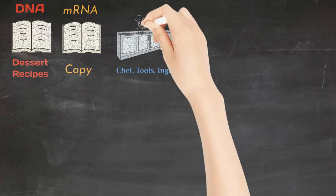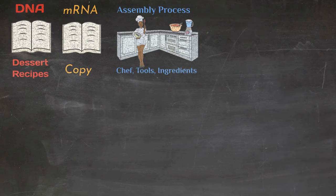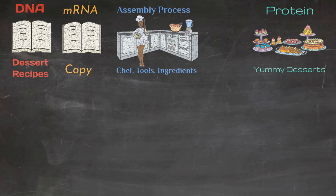So, of course, the cooks get right to work creating their delicious sweets. This is the assembly process and represents a cell working to make chemicals like proteins that the human needs to survive, so that finally we have a finished product. In this case, the desserts represent a protein. At the end of the day, the copy, or the mRNA, is thrown away and a new copy is made